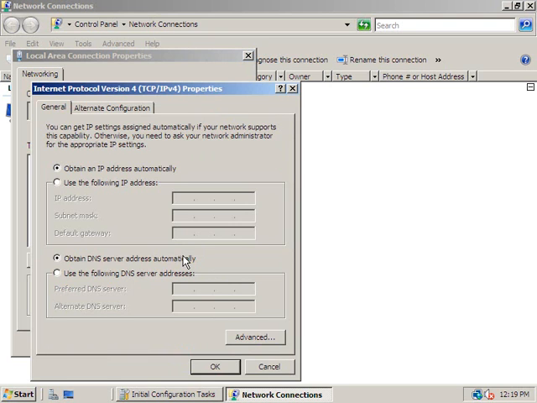Now, the default is that it has been set to obtain an IP address automatically and obtain its DNS server address automatically. I don't want this particular server to be receiving its IP address automatically because it's going to be a server of great significance. This is going to be the forest root domain controller when we're done. So I'm going to click the button to use a specific IP address, and the IP address that I'm going to use is